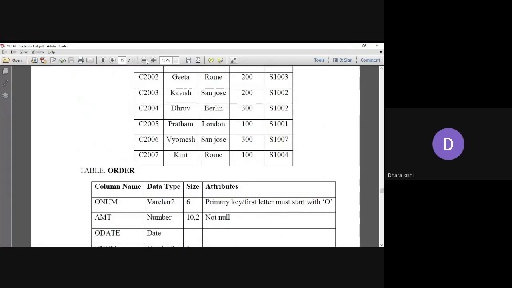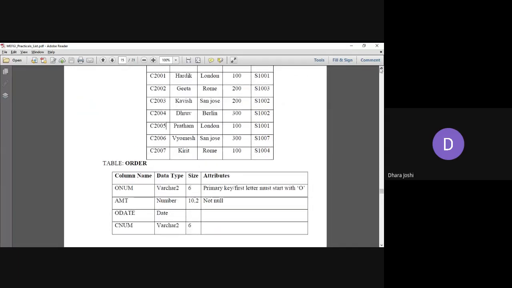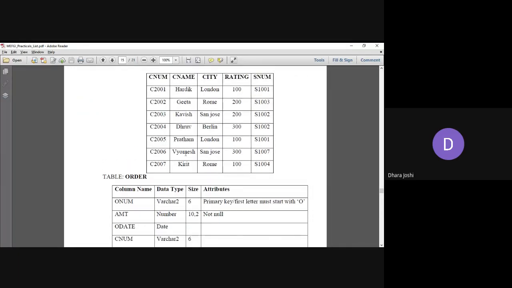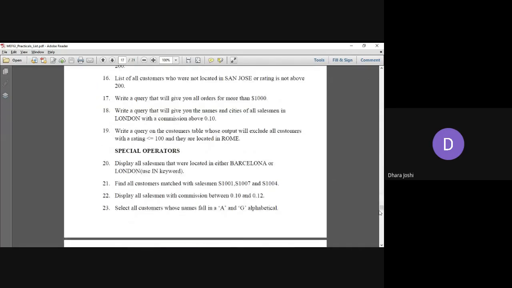If you observe here, we have the details of the customer name. It should be between A and G. Alphabetically it is between these two characters. So the name Dhruv will be the result for this, and it will print all the details regarding customer Dhruv. Okay. So write the query for the same.